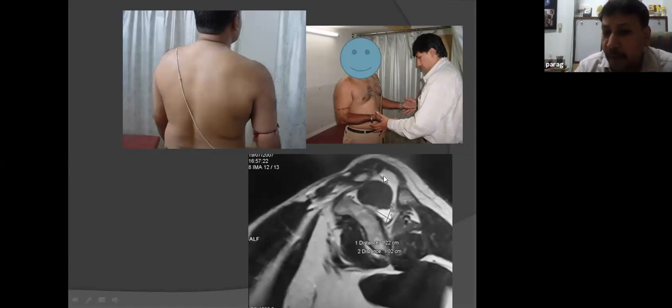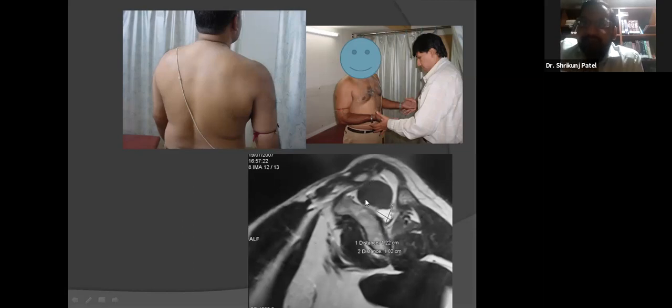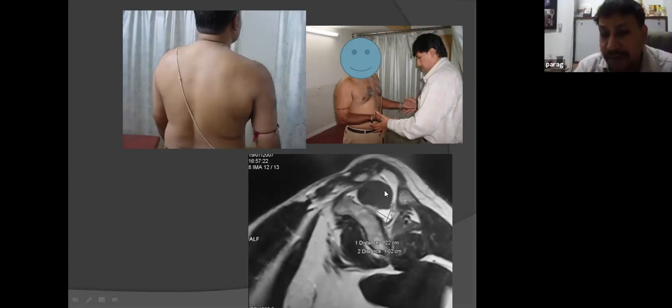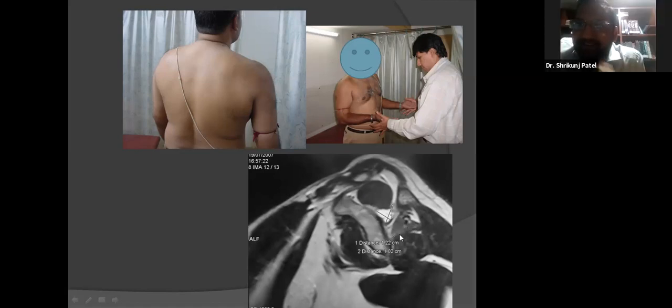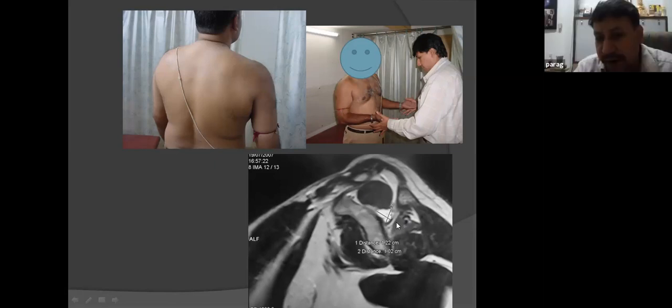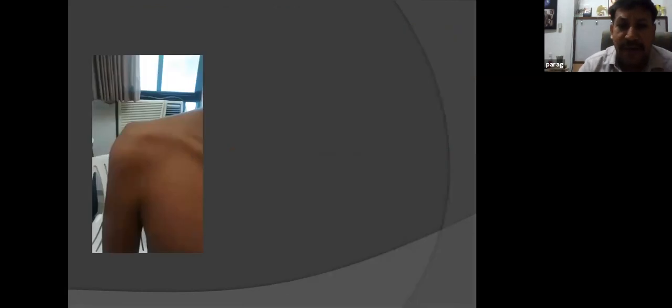Can you appreciate this MRI image? Yes, sir. It's clear, sir. Right. So this is your supraspinatus, which is absolutely massive as is his size. This is the cyst, and can you see this infraspinatus? Yes, sir. That is so much wasted now. There is also wasting, fatty infiltration, etc. That is because of a chronic compression as the nerve comes out right from here. So this diagnosis is a spot diagnosis on clinical examination, and your MRI will help you confirm that diagnosis.